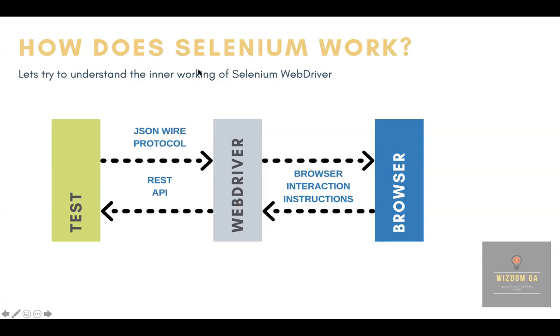This whole concept is called JSON wire protocol because of only one reason: the .click or .send keys method is actually sending the information to WebDriver as a JSON object